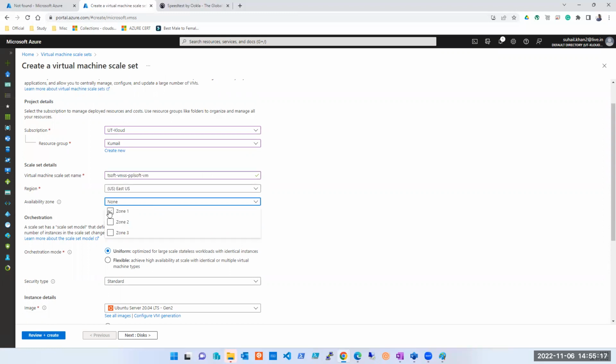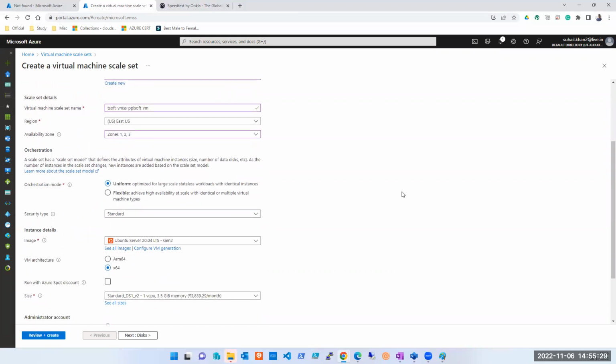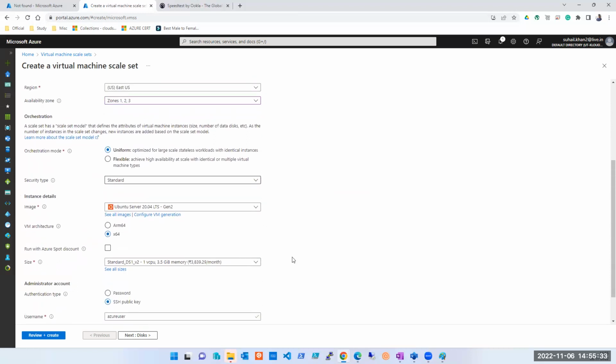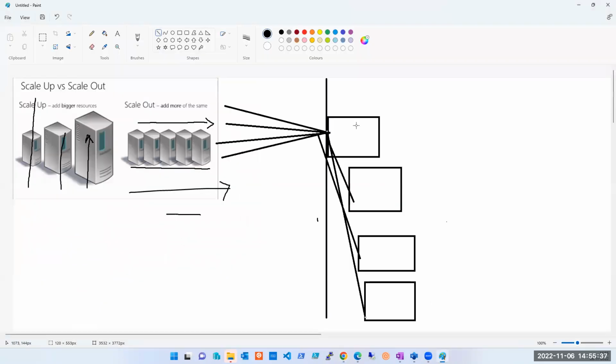Do I want zones? Do I want all machines in one zone, or one machine in one zone, the second machine in the second zone, the third machine in the third zone? It's up to me. I'm selecting all three. I hope you're getting it right. When I say three zones, whenever the first machine gets created it will go in zone 1, second machine zone 2, third machine zone 3, fourth machine again zone 1.